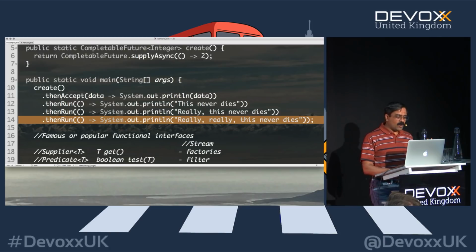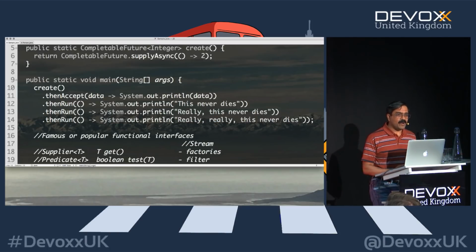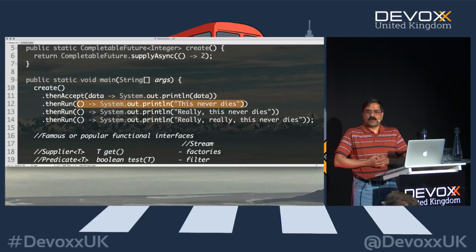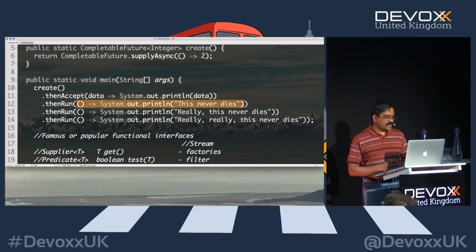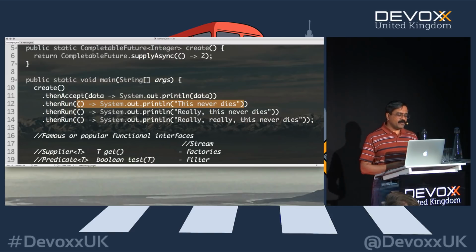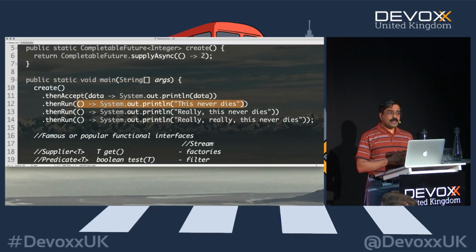Now you know why it's called thenAccept, why this is called thenRun, because it's a Runnable you're going to pass to it. This is a Runnable interface. It becomes really intuitive once you really think about the reasons why these things exist. It becomes really easy, intuitive, and then you're able to code it very fluently from that point onwards. So that's basically what we just saw here, the CompletableFuture. Well, that begs the question then, what about threading?